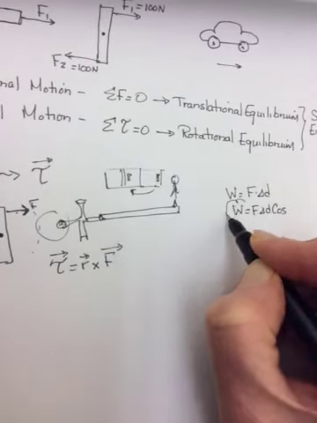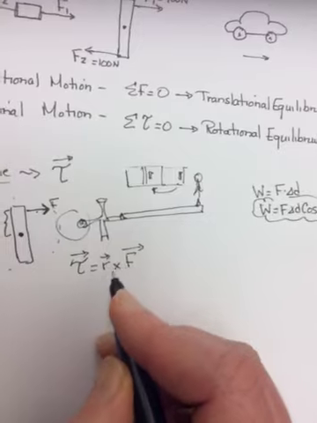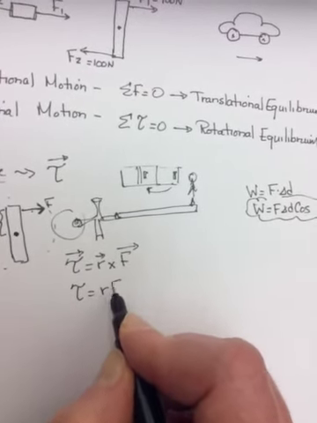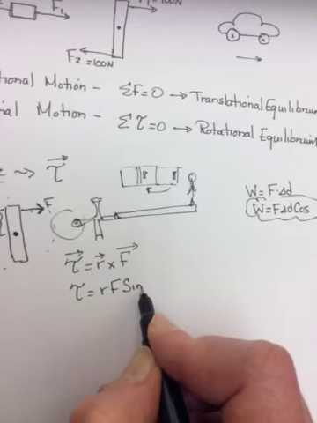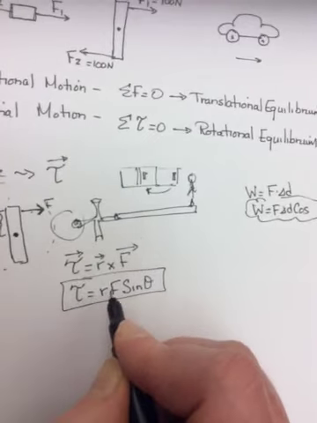It's one way of multiplying vectors, and what you get out is a scalar. But when you cross multiply vectors, it's the same as multiplying the magnitudes of the vectors together by the sine of the angle between them. So our equation for torque is actually R